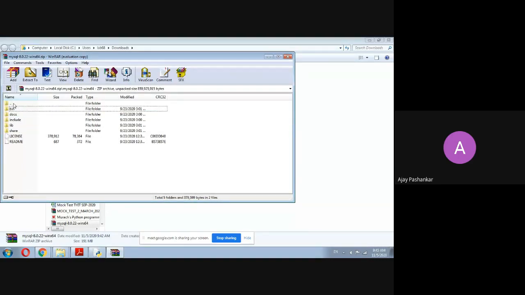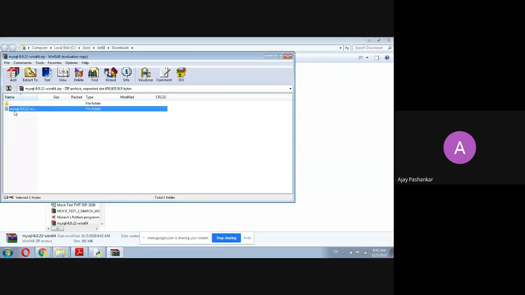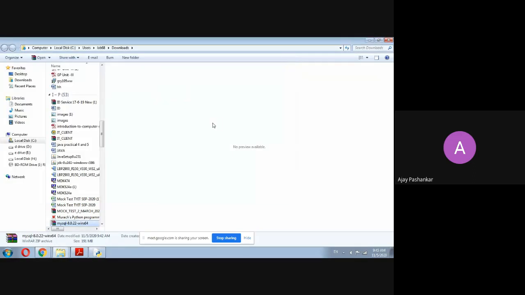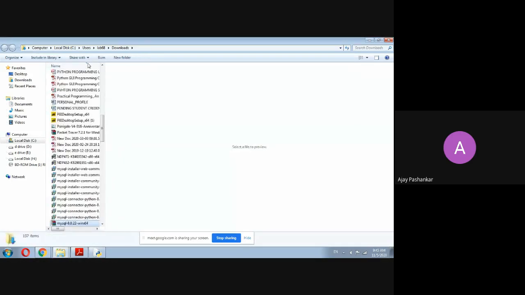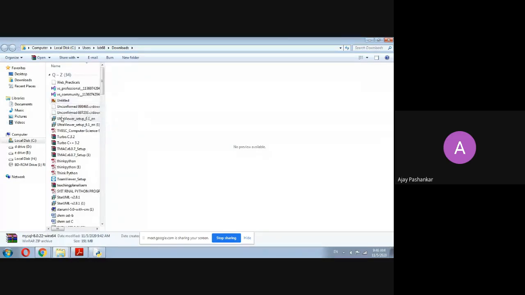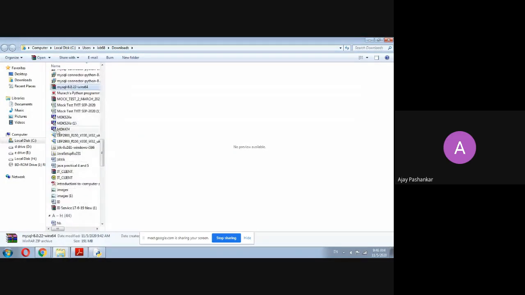Okay. So here, if you extract this MySQL, just use this as a folder. Just wait. Just using this extracted version.